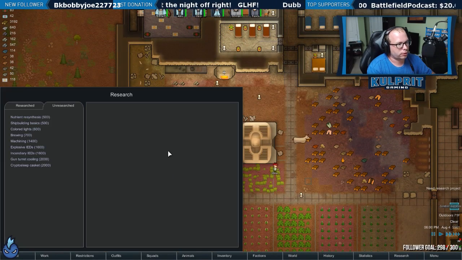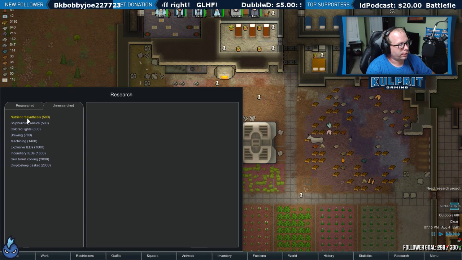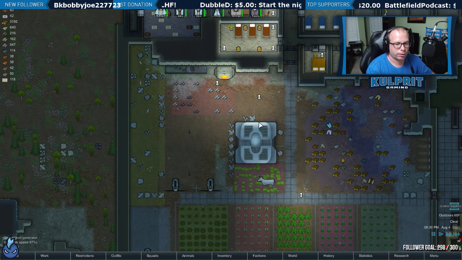Hospital bed, alright, excellent. Colored lights, nutrients, crypto sleep. I'm just wondering what I'm going to use here. Machining, what was that again? I guess we should have that at some point. We haven't had a mech yet, knock on wood, but